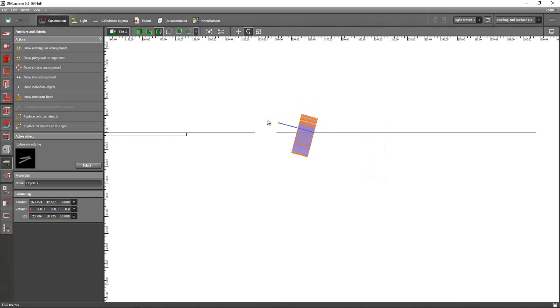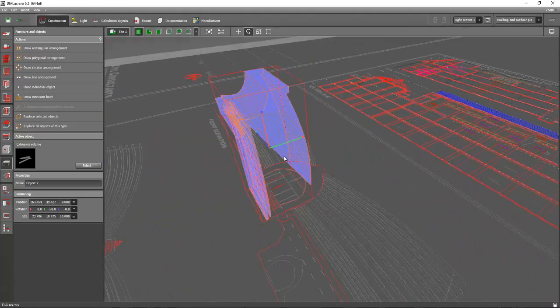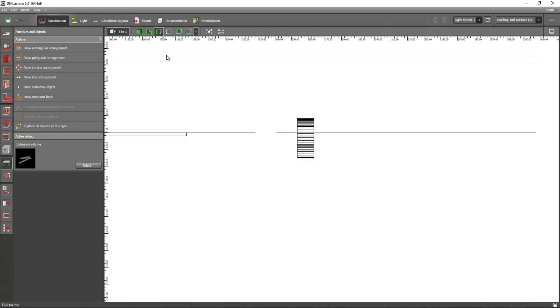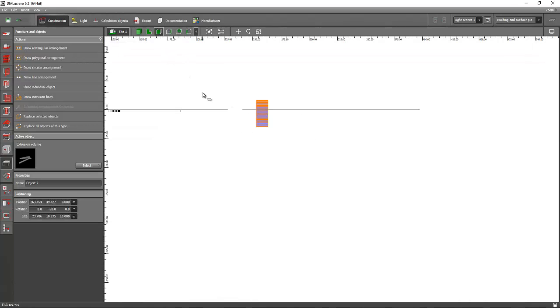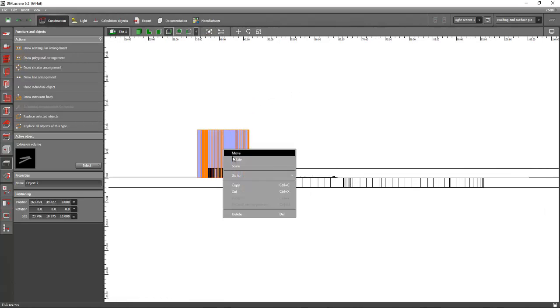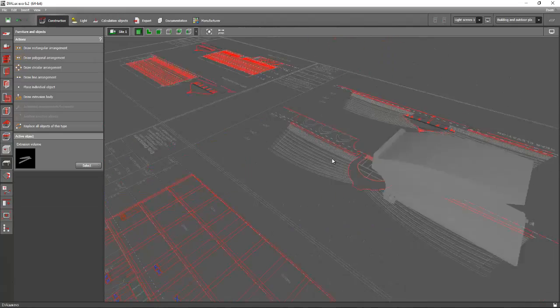So go and rotate it. Go to the isometric. You need to rotate it on the other side instead of here. So Control Z, and then expand and rotate. Yeah, I think this is the correct orientation.